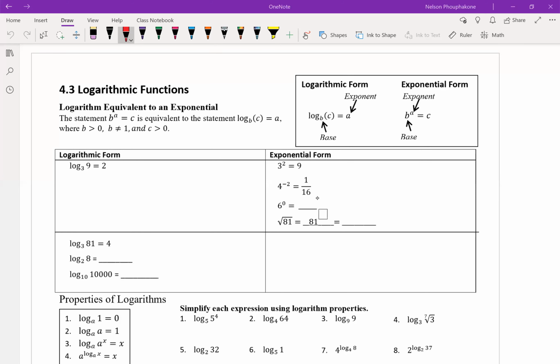Okay, so now let us get to section 4.3, logarithmic functions. A logarithmic function is basically another way to write exponential equations. The statement says here that b to the a equal to c is equivalent to the statement log base b of c equal to a, where b is greater than 0, b is not equal to 1, and c